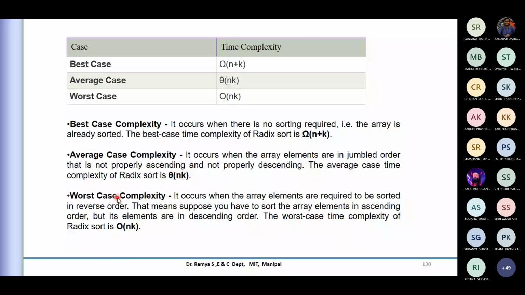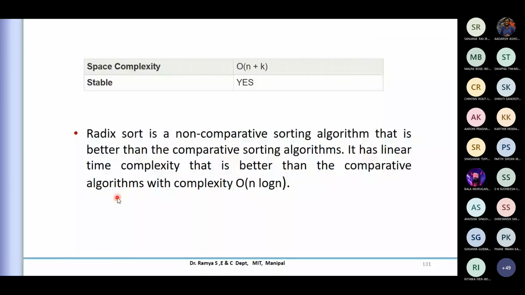Some of the previous sorts we saw are logarithmic, and some of them are n square and so on. So that is for radix sort here. If you come to the space complexity, it requires some kind of swapping or putting into different buckets, so I'll be requiring n plus k. That much space is required for us.